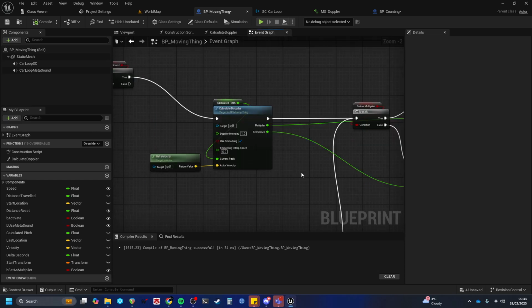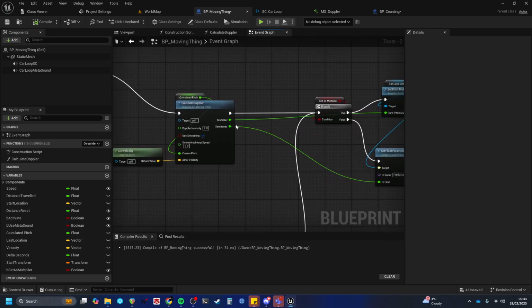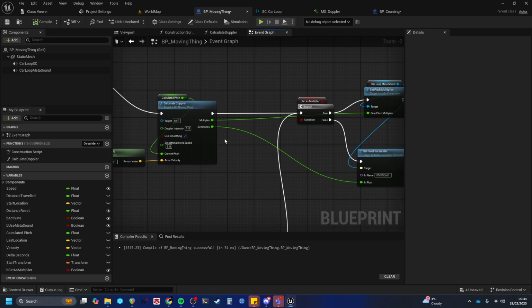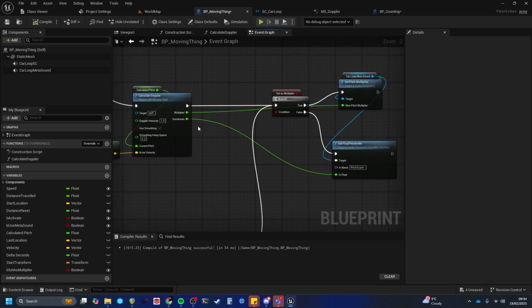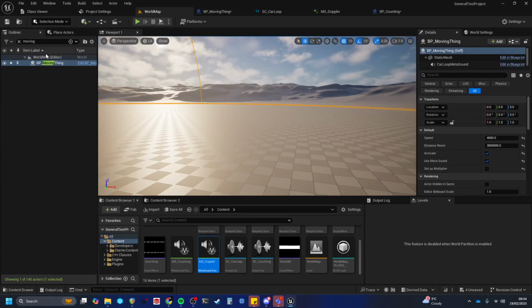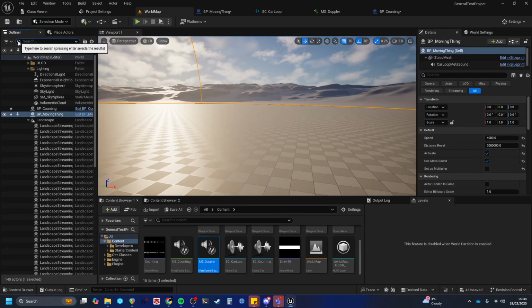And the reason why I'm passing out a multiplier and semitones is because if this is applied to the audio component's multiplier, it sounds very smooth. But if you pass it in as a parameter to a MetaSound, it can sound quite artifacty. So I can demonstrate that now